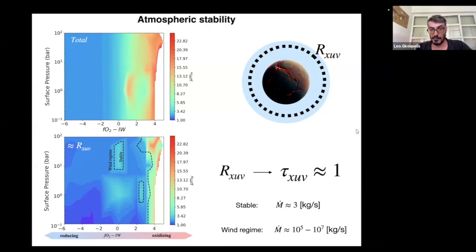Now, why is this important? Because if the atmosphere is stable, it can lose material, and all planets lose material to space. For example, Earth loses about 1 to 3 kilos per second right now. And for this case study we are working with, if the atmosphere is stable, it will again lose about 3 kilos per second. But if the wind regime is produced, it can reach 10^5 to 10^7 kilos per second. So this is a huge number, which, even in a back-of-the-envelope calculation, if we have the age of the system, we can calculate